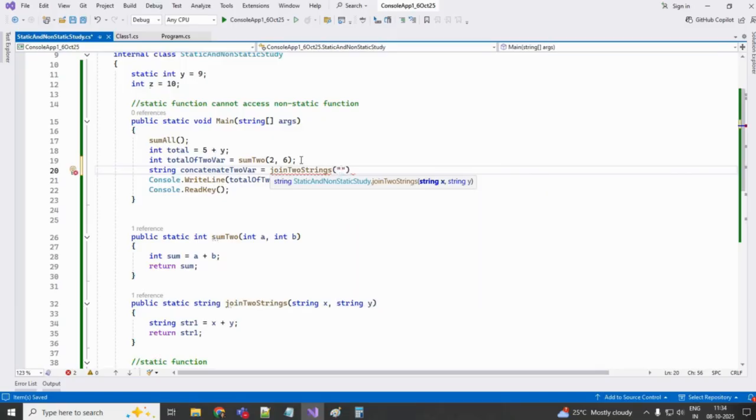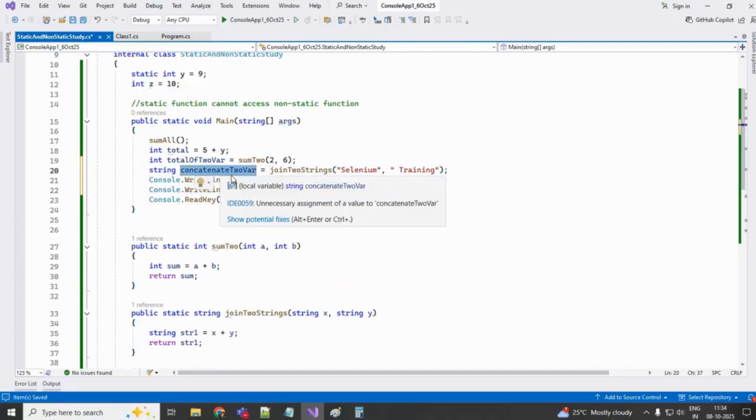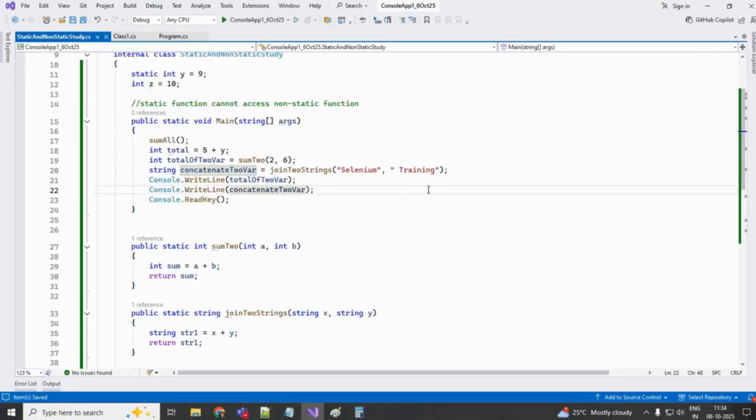Say selenium, then say training. Now I have given a space between these two. After that I will just copy, paste, and concatenate two variables. Now if I run this,